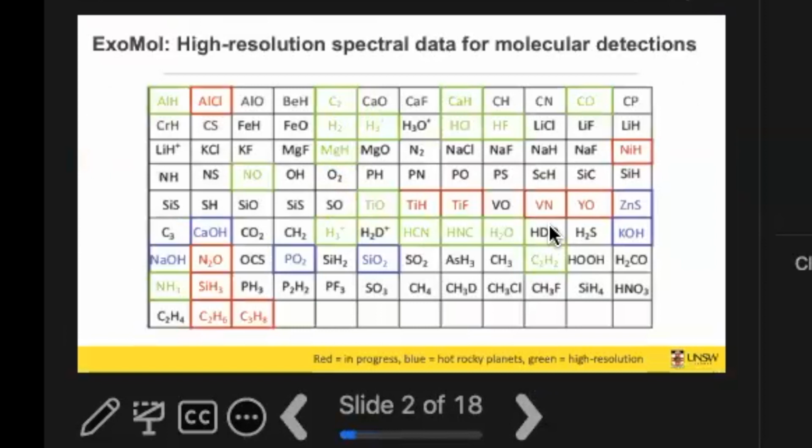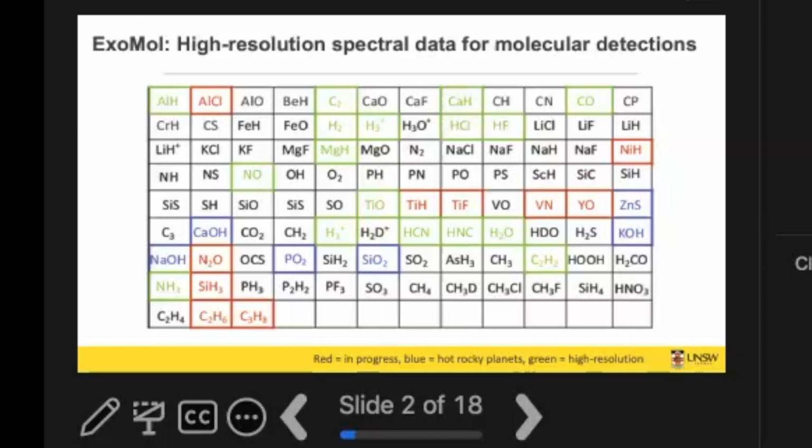You might have come across something like this, which is basically an online website called ExoMol where you can get high resolution spectral data of a large number of molecules. This list might be out of date. If you're looking for a small molecule and you want to find it in some star or some exoplanet, there might be data, and hopefully data for you, to enable you to do that.